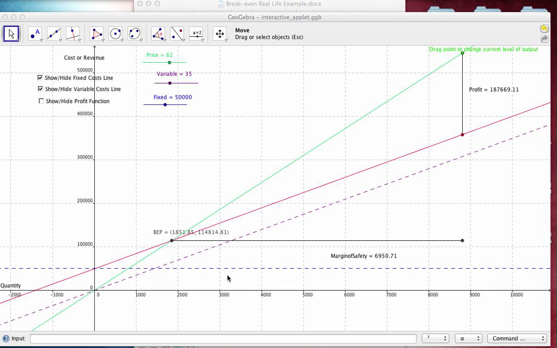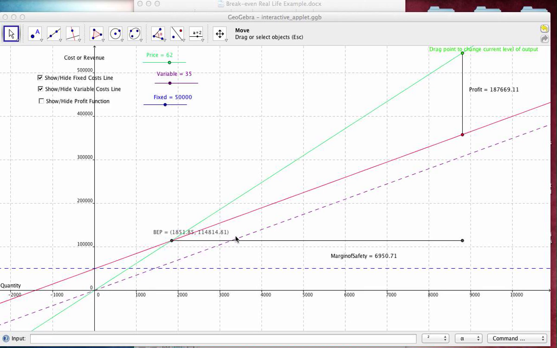Also, on this graph, the fixed costs and variable costs are also graphed. The fixed cost line is the straight dotted line right here, and fixed costs do not vary with output and therefore remain constant. The second dotted line represents the variable costs. The variable cost line runs through the origin here, and this line increases in a linear fashion, showing that costs